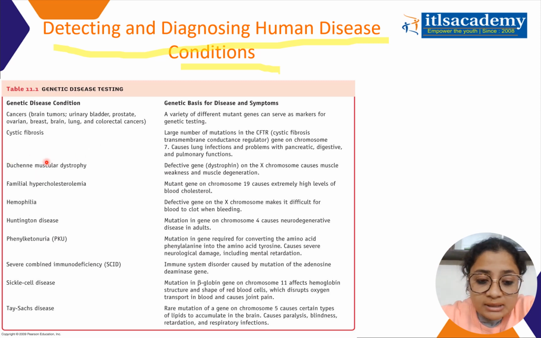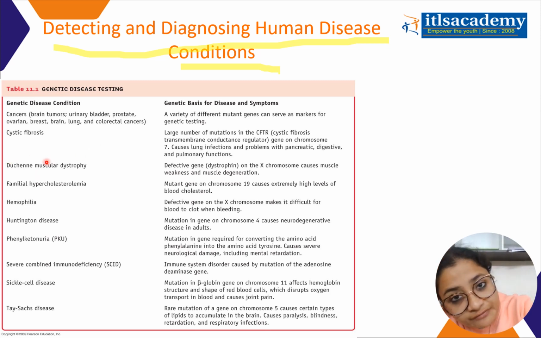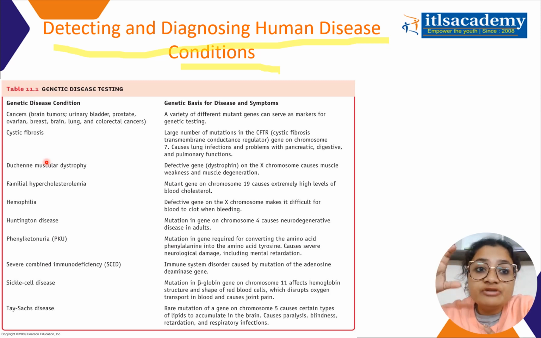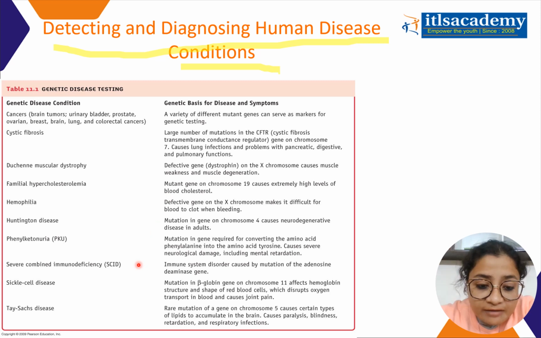Second important genetic disease, as you can see over here, is cystic fibrosis. Okay, now this is again a genetic condition which mainly leads to a respiratory distress syndrome. Okay, so it basically goes and affects the lungs. Then we have something called muscular dystrophy, where it will lead to various muscle paralysis conditions. Okay, then we have hemophilia, which is a genetic blood disorder. We have sickle cell anemia, which is again a genetic blood disorder.